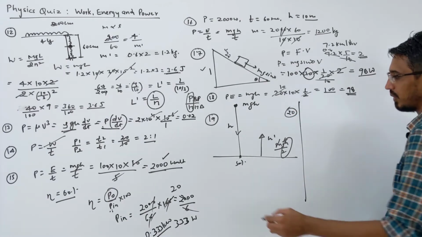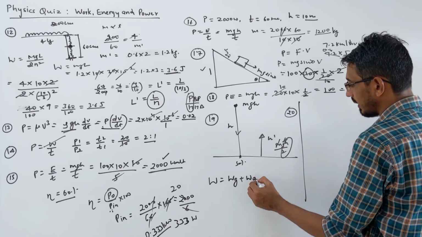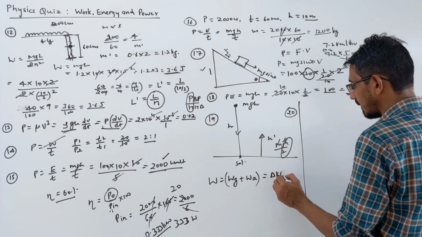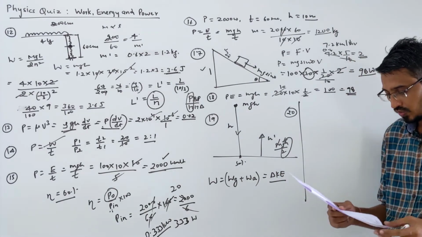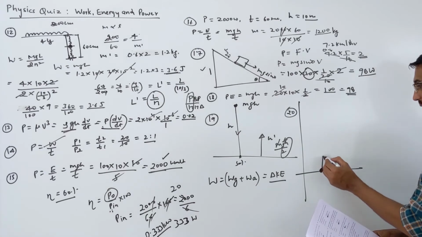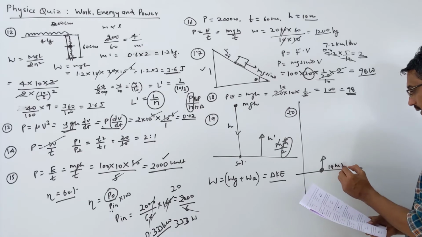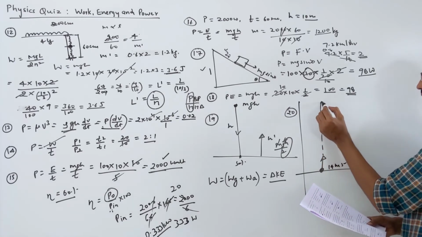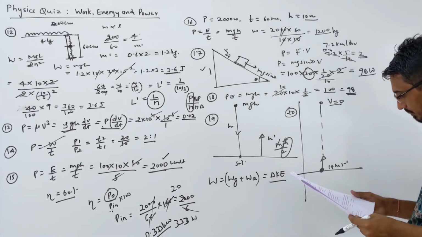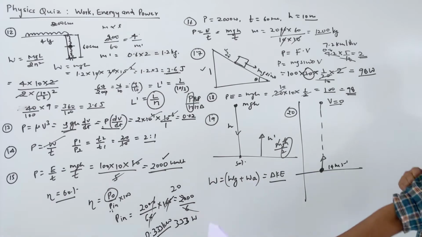When a ball is going up, we know that work is done. There are two works done: one is against gravity, one is against air resistance. So this total work done is equal to what? Simply the change in kinetic energy, we know, right? So what is given to us? We throw a ball from the ground, and the initial speed is 14 meter per second. It reaches some maximum height. At this point, the final velocity will be 0, right?